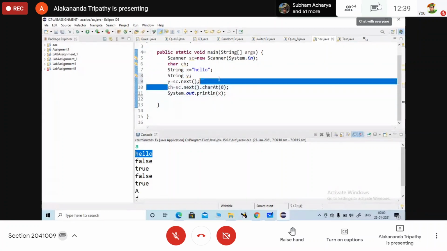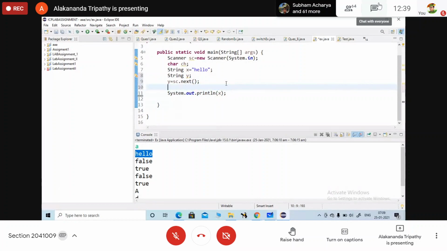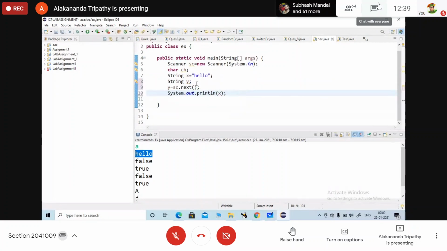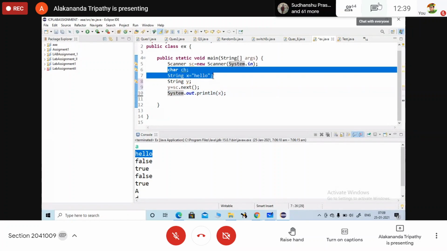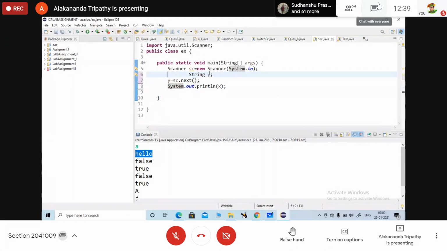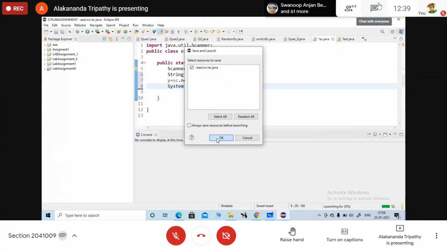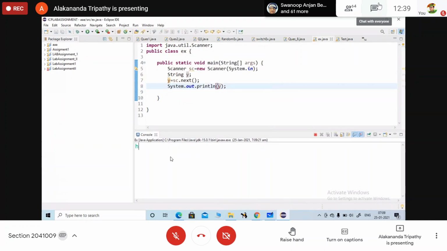Yeah, Lavi, I will just remove this part also. All of you be careful here how I'm doing with y equals sc dot next. Okay, now I will run the code. Here I am writing hello. What will be the output? Hello itself. Now suppose here I am writing